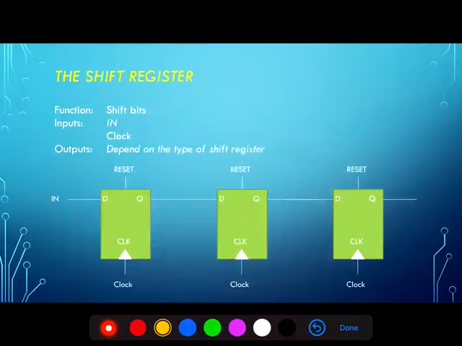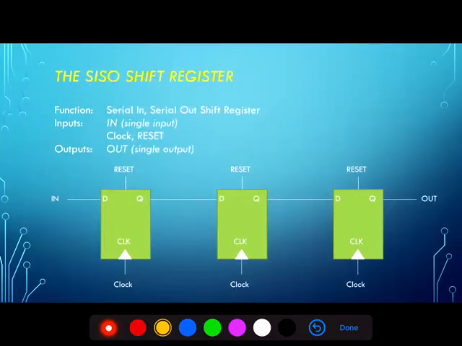The shift register is a special type of register that shifts information left or right, and from serial to parallel, parallel to serial, and so on. There are many different kinds of shift registers, many of which are implemented using the flip-flops we've discussed in previous sections. The serial input, serial output shift register, for example, has a single input, in, and a single output that